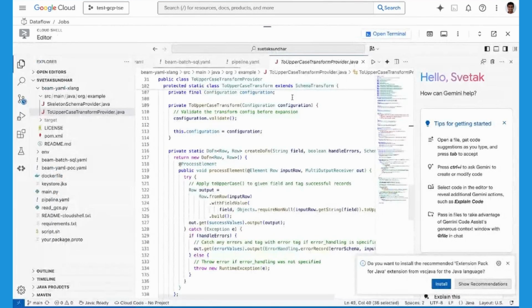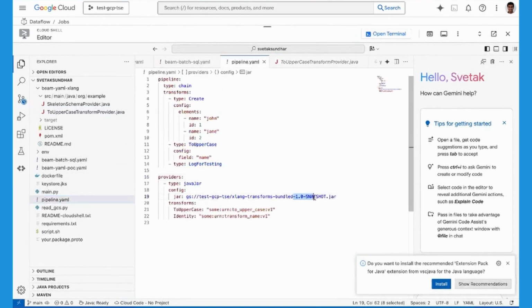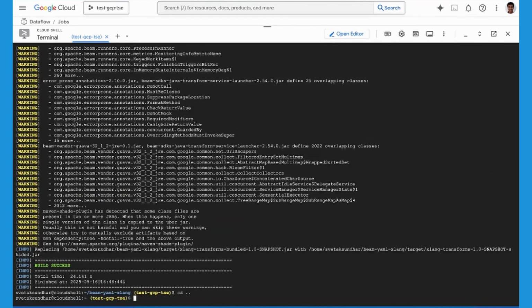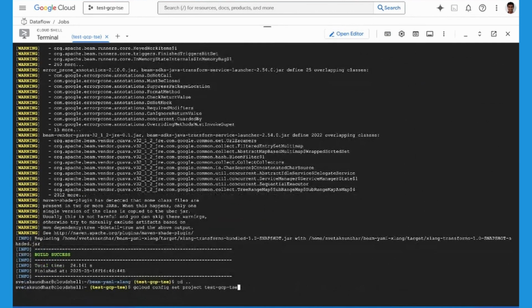If I open my editor, that's essentially what I'm passing in here. I'm passing in this 1.0 snapshot jar, which is great. And so I can essentially launch this pipeline just like I did with anything else. I can use that same gcloud dataflow YAML run. So I'll just go to my root directory and then I will run that command. I'll just